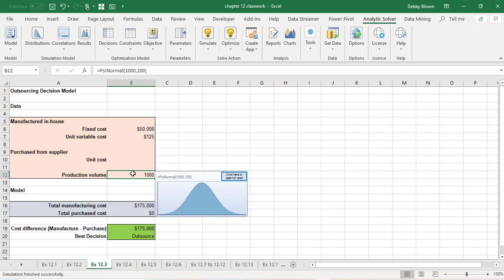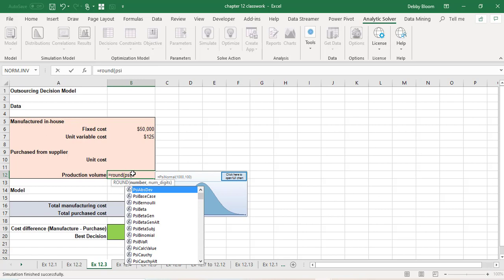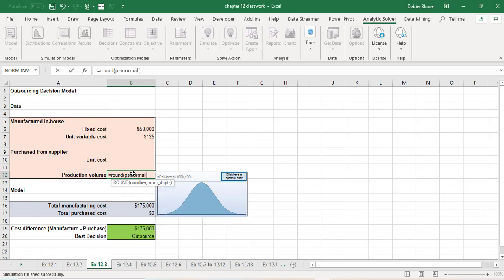So notice when I hover over it, I get the normal distribution with a mean of 1,000 and a standard deviation of 100. If you want to make sure that it always is a whole number, type equals round, open the parentheses, then put in your PSI normal, open the parentheses, 1000, comma, 100, close up the parentheses for the PSI normal, then type a comma 0 for the round, close up the parentheses and hit enter,